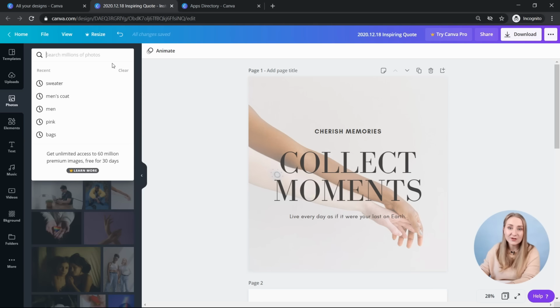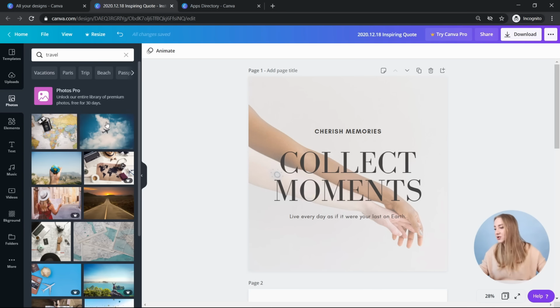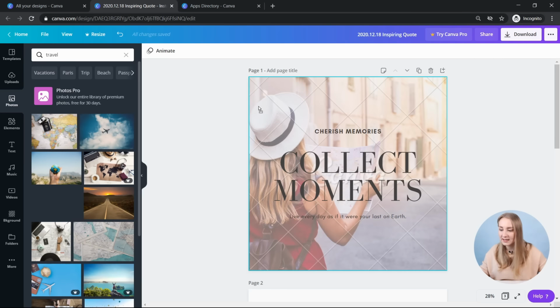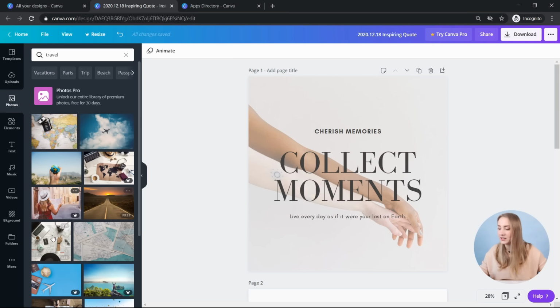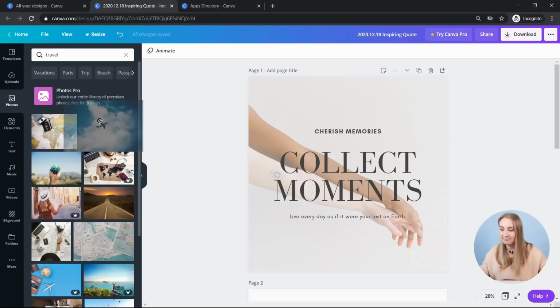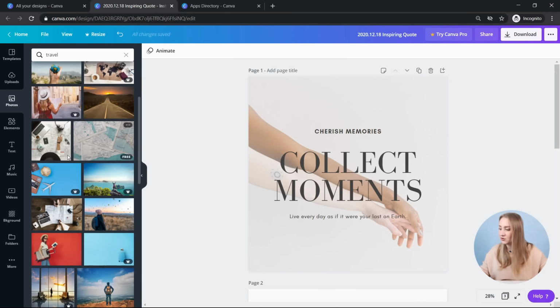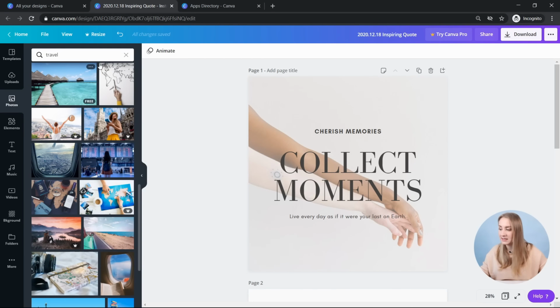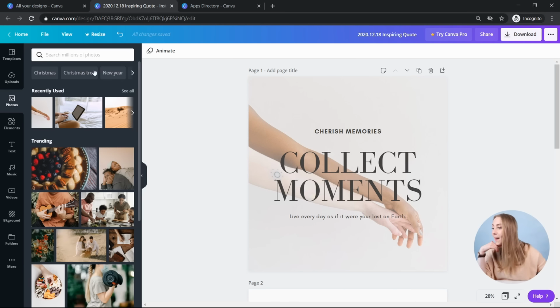But you can also search for something in particular. So if you were to say travel, you can just type in travel and you can see different travel photos. So, I found one Pro. If you drag it, you see the watermarks. You can just purchase that photo, or you can choose a free one and that's you sorted. You can drag them in here. So this is how you navigate this particular panel.